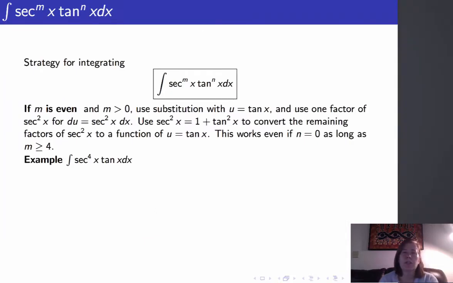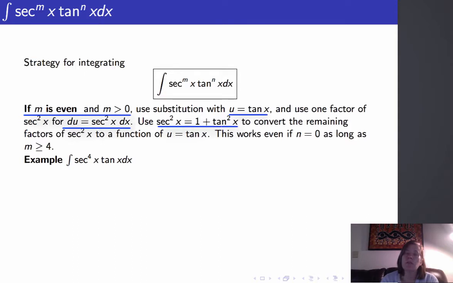Let's look at mixed powers of secant and tangent to see if we can make any useful substitutions. Remember, if we let u equal tangent of x, the derivative is secant squared of x dx, and if we let u equal secant of x, the derivative of u is going to be secant of x times tangent of x dx. Well, if we're looking at the integral of secant to the m times tangent to the n, then